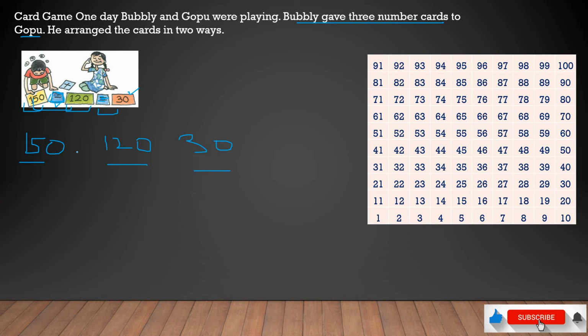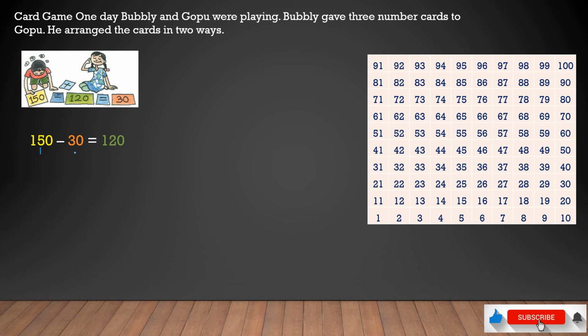So we have to arrange these numbers with some addition or subtraction sign and an equal sign, which gives us the correct answer as well. If you write 120 minus 150 equal to 30, this is wrong. This is not a correct way. We have to arrange these numbers in such a way that it gives us the correct answer along with the sign which has been put in between. So let's try these cards.